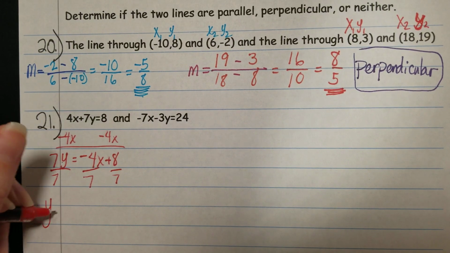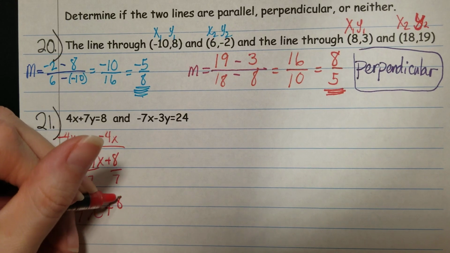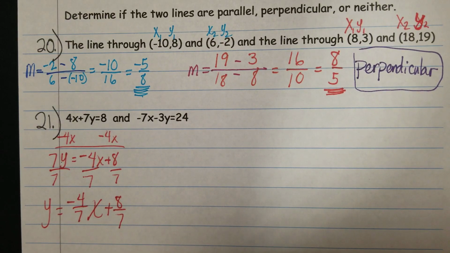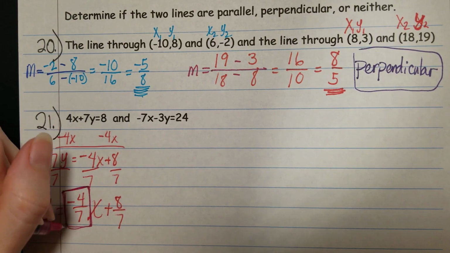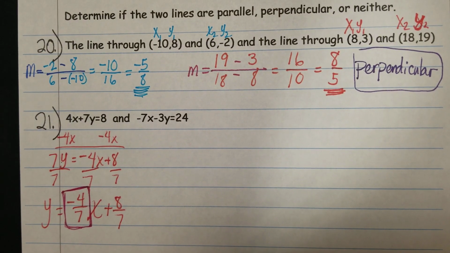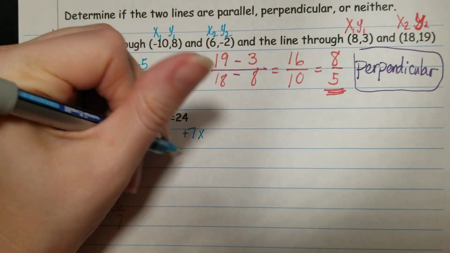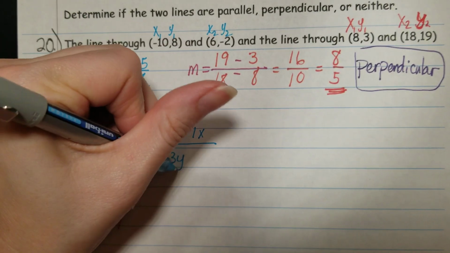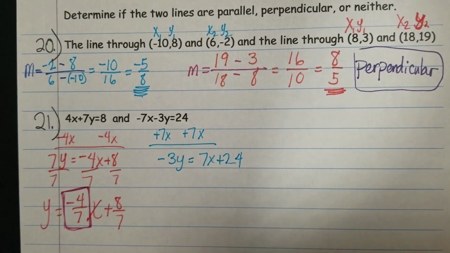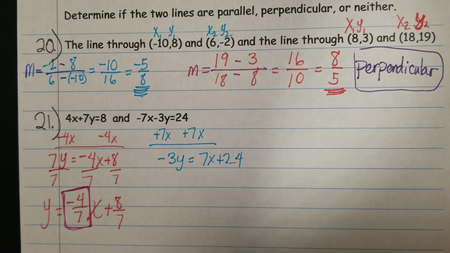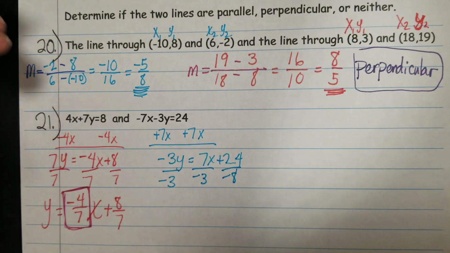So that gives you y equals -4/7 x plus 8/7. So the slope of this line is -4 over 7, and then let's do the same thing for the other. So let's add 7x to both sides. So that would be -3y equals 7x plus 24. And then I will divide each term by -3. So that gives me